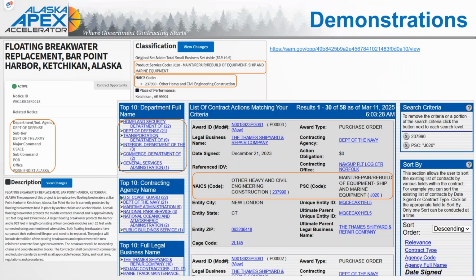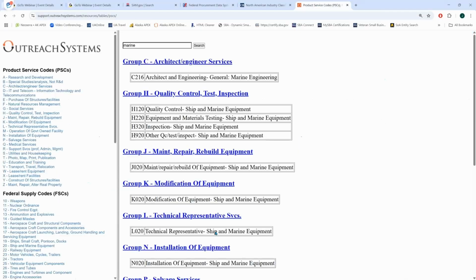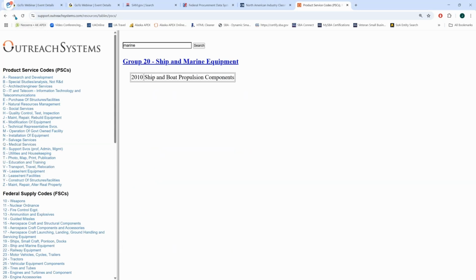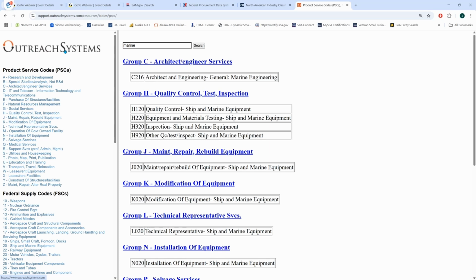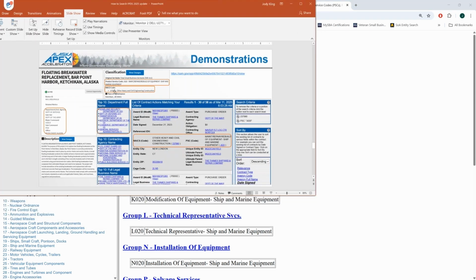And I would even go over to other PSC codes. Let me get out of this for a second. As we can see here, and this is outreach systems, I just do a PSC code lookup and I look for outreach systems. I do have a link to this website listed in that slide that has all the search terms, but we can come in here and you can see under marine, if I wasn't finding anything in that search term,